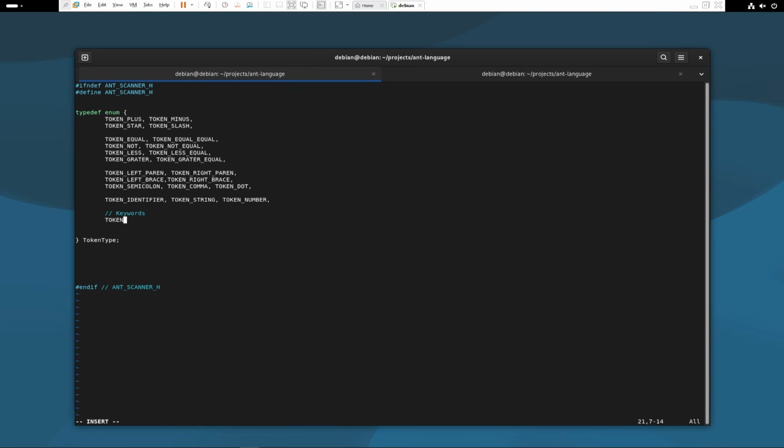These are reserved keywords: TOKEN_VAR, TOKEN_PRINT, TOKEN_IF, TOKEN_ELSE, TOKEN_WHILE, TOKEN_FOR, TOKEN_FUNCTION, and TOKEN_CLASS. This language will support the paradigm of object-oriented programming, so we need a token called class. Okay, also TOKEN_THIS, TOKEN_SUPER, TOKEN_NIL,